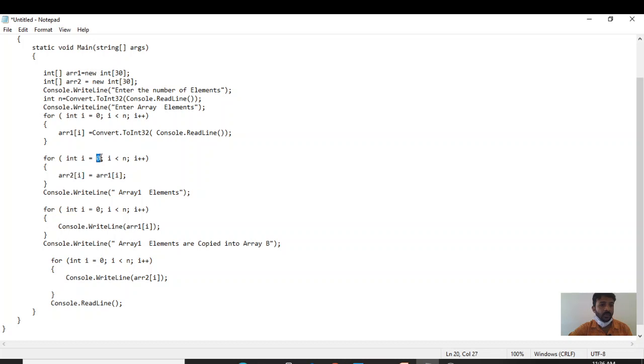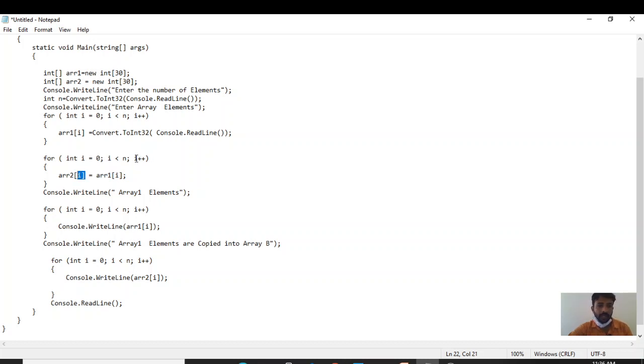Initially i is 0, which means the value at index 0 of array1 is assigned to index 0 of array2. Meaning the first element of array1 is assigned to the first element of array2.